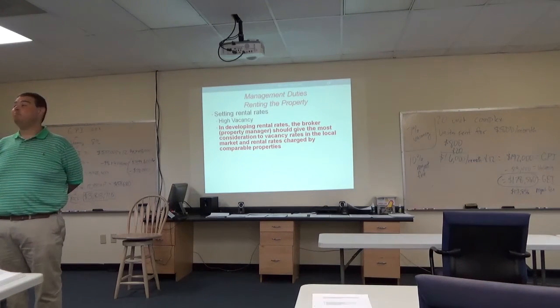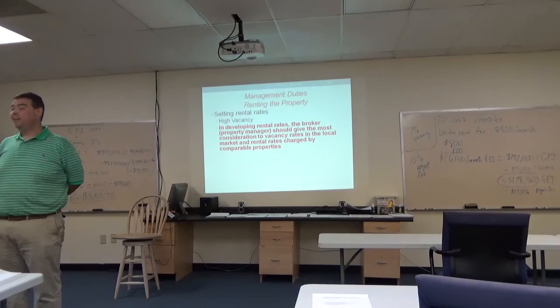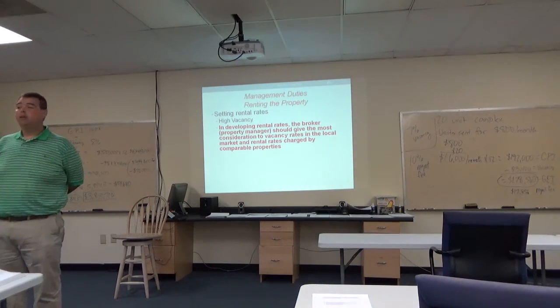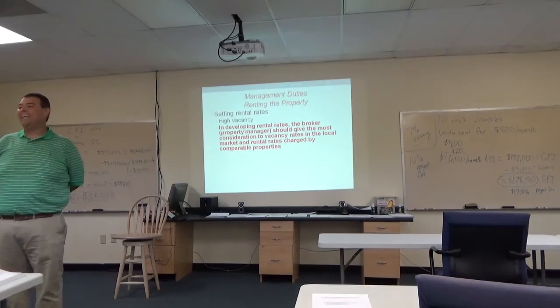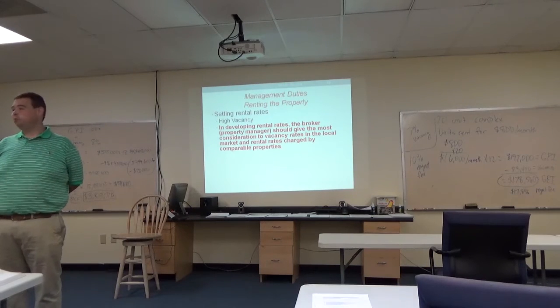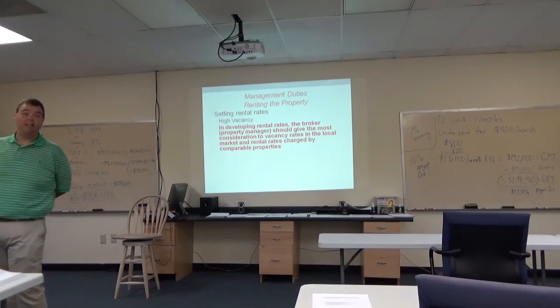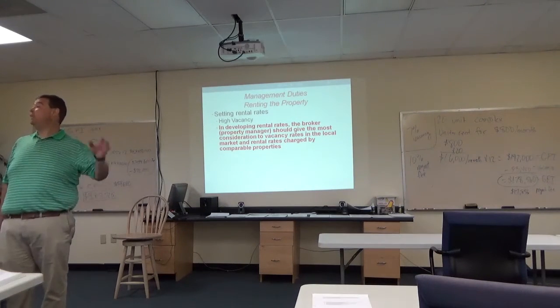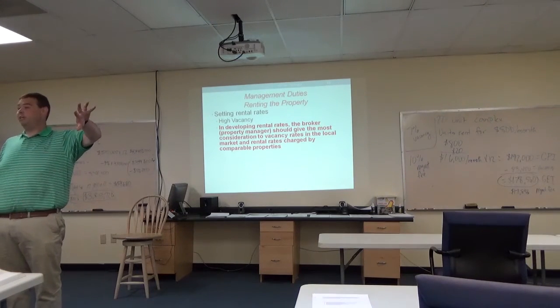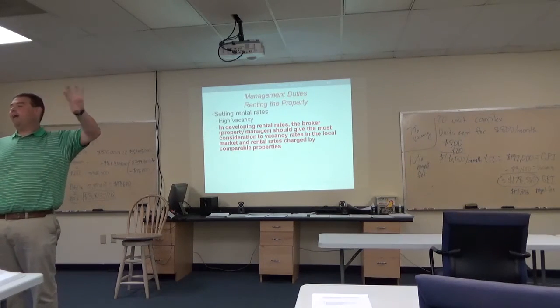flexibility to make any more, because if somebody comes along that needs to rent something, I don't have anywhere to put them. If somebody moves out, I can't stay at 100% reasonably all the time because somebody needs to move out and that unit's going to sit vacant for a couple of months. Whereas if I'm at 95% occupancy, new person comes in, I put them in one of the vacant units that's already ready to go. There's no wait, there's no downtime, and when a person moves out I have time to turn